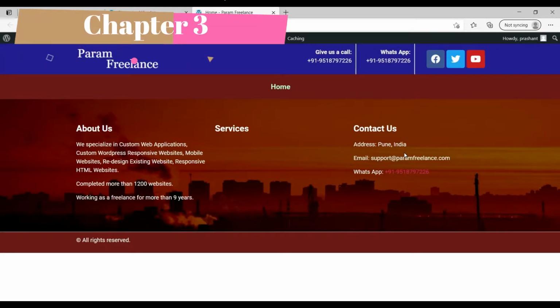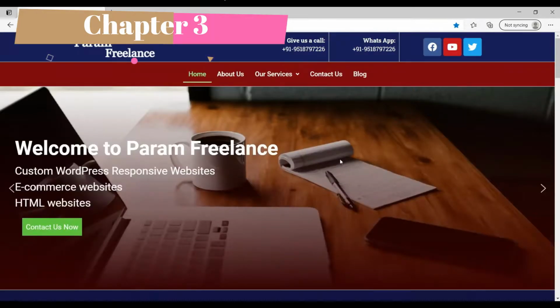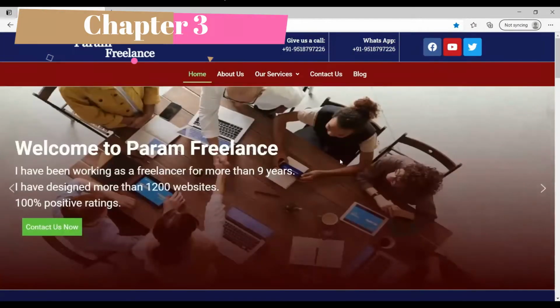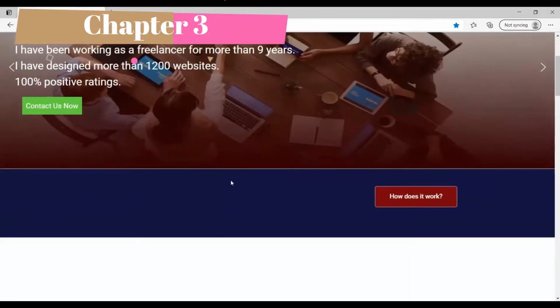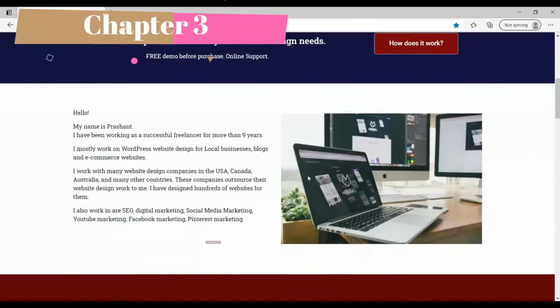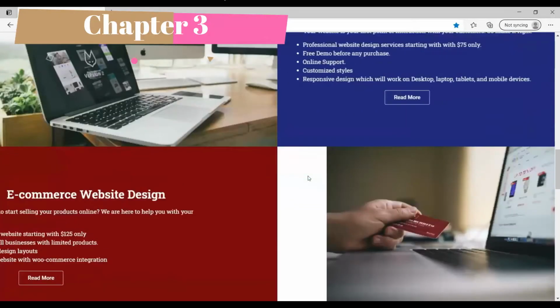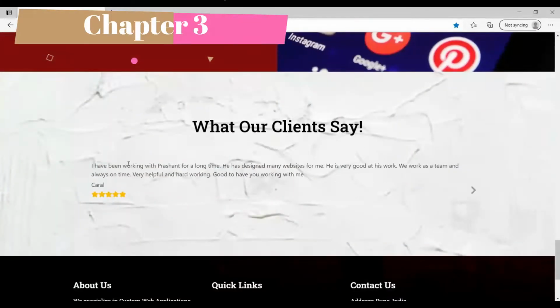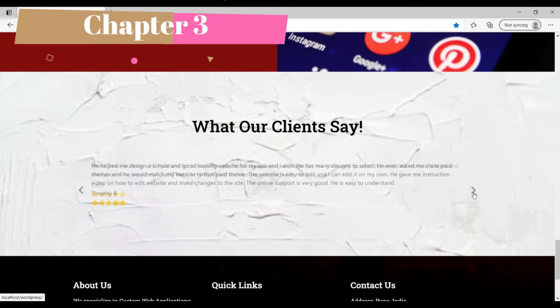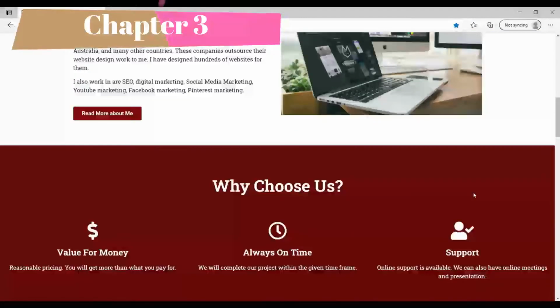In the last section, we discussed how to create the header and footer section of the website. You can see that we created the header and this footer section. Now in this section, we will create the home page of your website and we will also create the sliding banners. These kinds of sections with animated text, animated sections, and we will also use sliding testimonials on the home page. So let's start with this section.